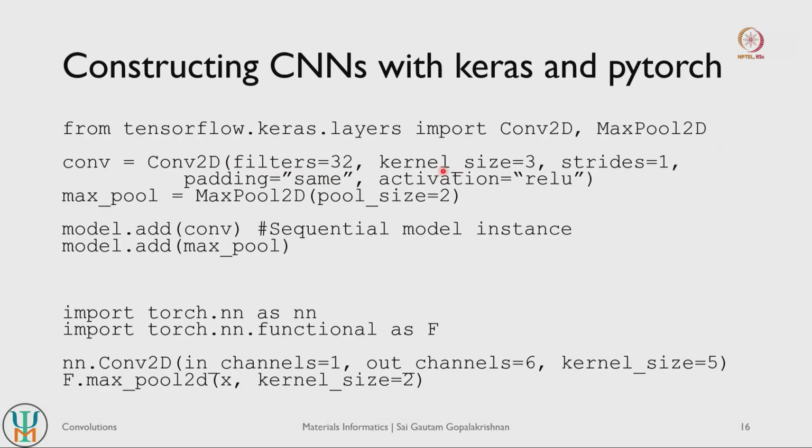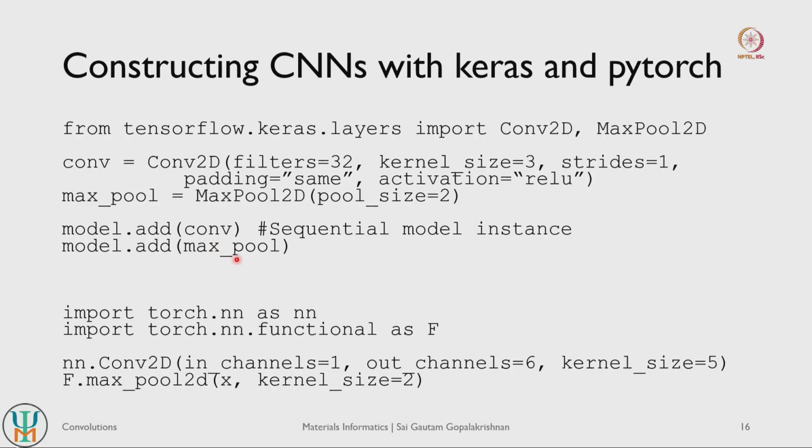So how many filters you want, what is the filter size, what is your stride, what kind of padding you want to use. Here it says same padding, so it'll take the same value as the neighboring neuron or pixel, and then what kind of activation function you want. And then you would also define how you want to do your pooling. So you do a max pooling of your 2D matrices, you take a pool size of 2, and then you add this convolutional layer,